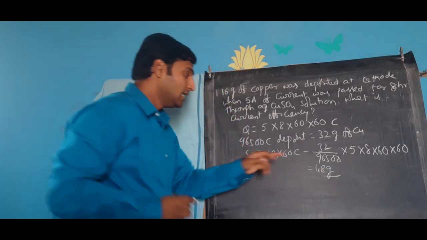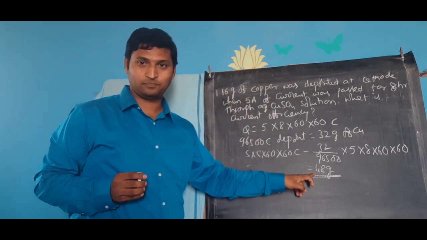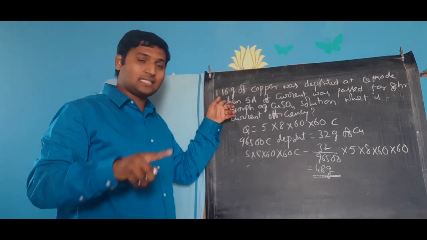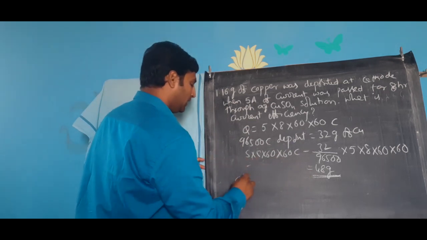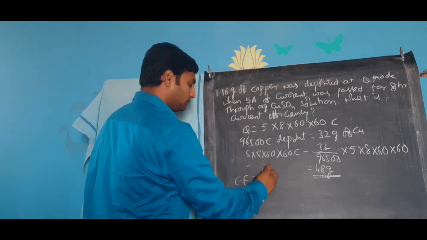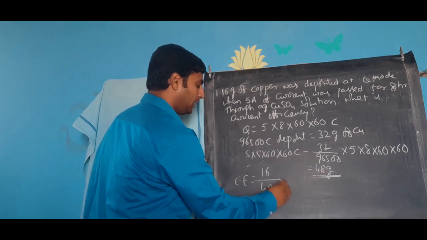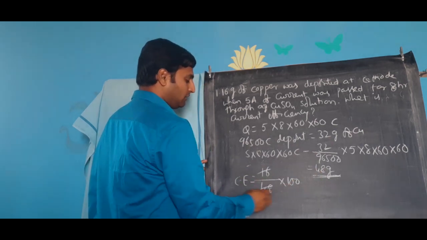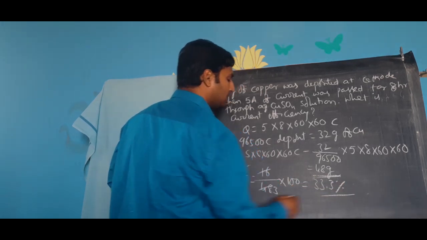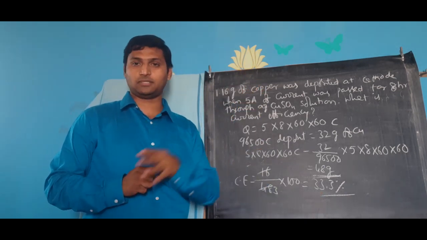Now you see, the product yield expected from Faraday's law is 48 grams. But the original yield that these guys have got is 16 grams. That means less than what is expected. So current efficiency is equal to the actual yield, the observed yield, divided by the theoretical yield, the yield that is expected from Faraday's law, into 100. So 16 will divide this one 3 times, 100 divided by 3 will give you 33.3%. So the current efficiency of this particular process is 33.3%.